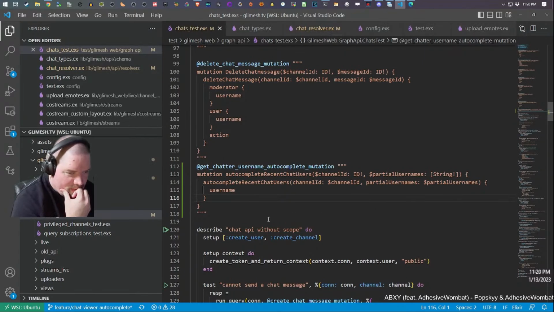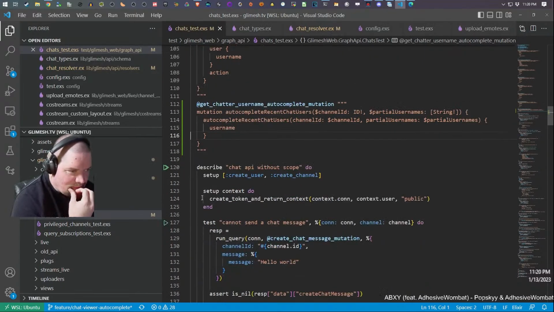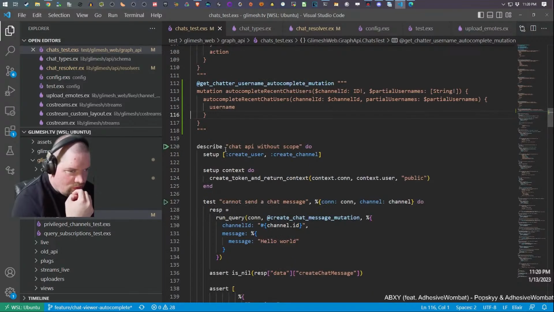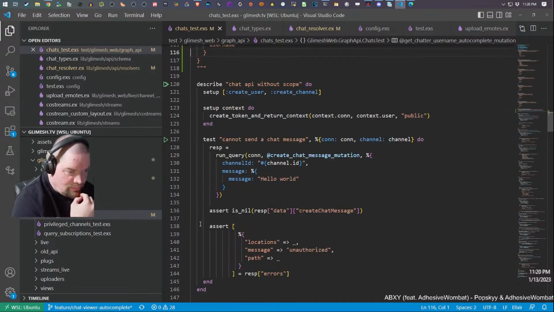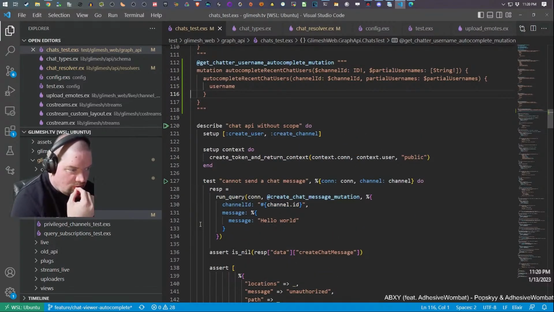This is my first time I'm really digging into GraphQL in any kind of capacity. So, kind of poking around here. We'll find out in a hot minute here if I've completely messed it up.